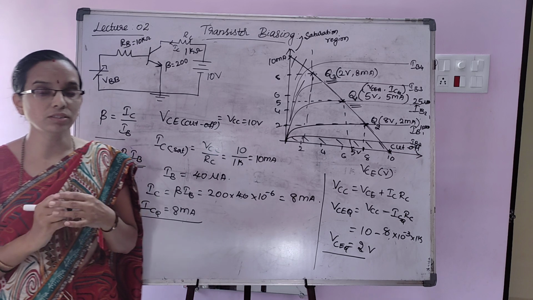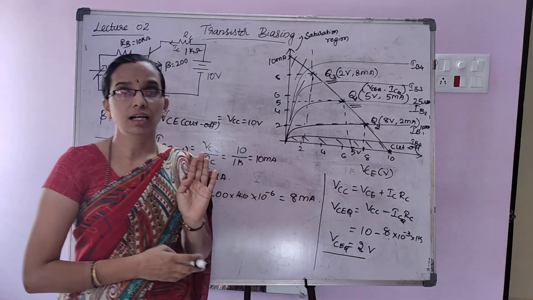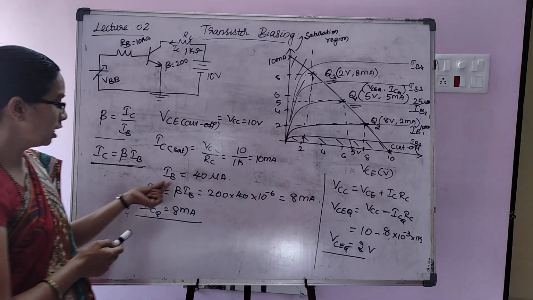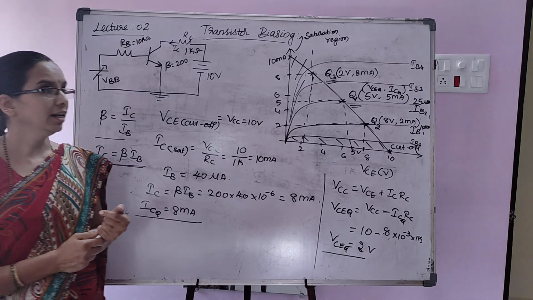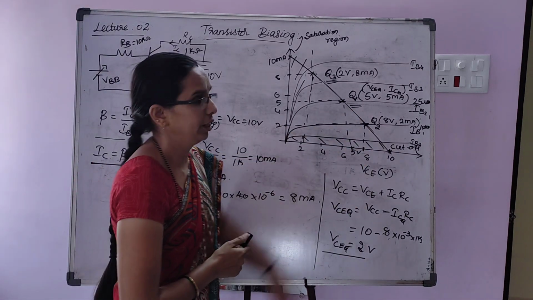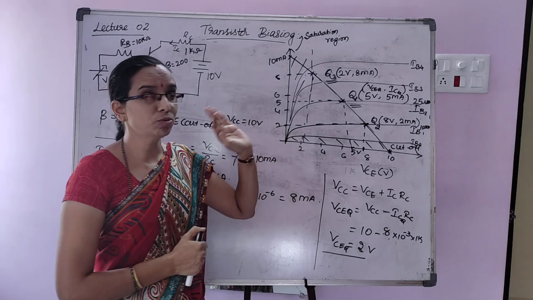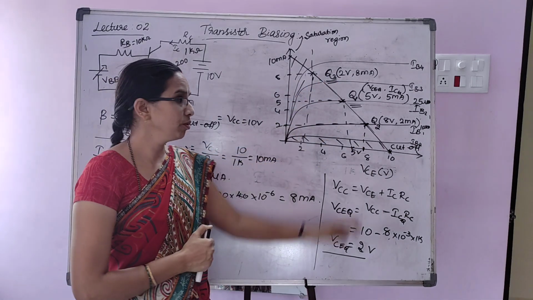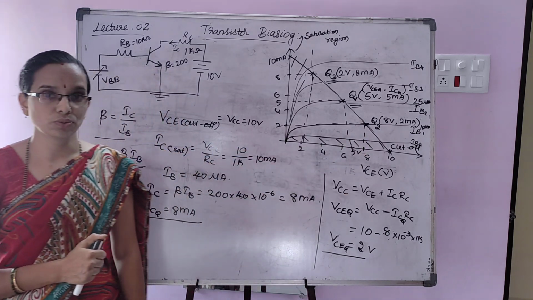If the transistor wants to work as an amplifier, then Q1 is chosen. At that time we will keep IB equal to 25 microamperes and decide the biasing of the transistor at that point. If the transistor wants to work as a closed switch, then Q3 is chosen. If the transistor wants to work as an open switch, then Q2 is chosen.